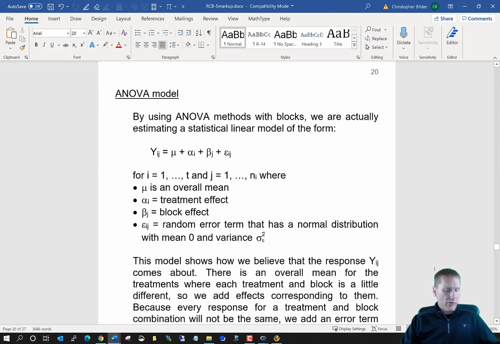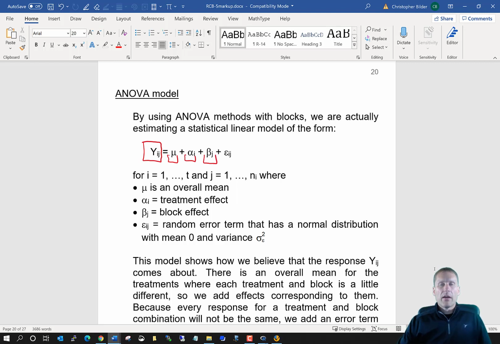Okay, so this takes us to page 20. Similar to what we saw with a completely randomized design, there is an underlying statistical model that's at work here. And so what we're basically saying is that how our actual response values come about, how our golf ball distances come about, can be represented by this statistical linear model, where we have one overall mean. You can say the overall mean value for all golfers plus the effect that would occur due to the golf ball type,